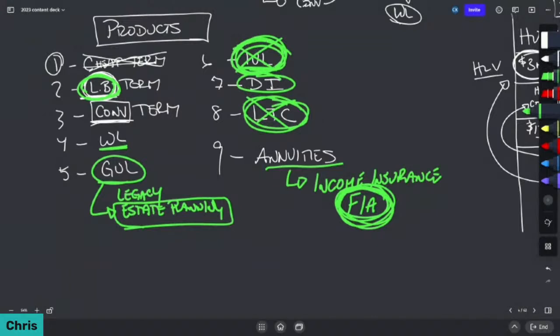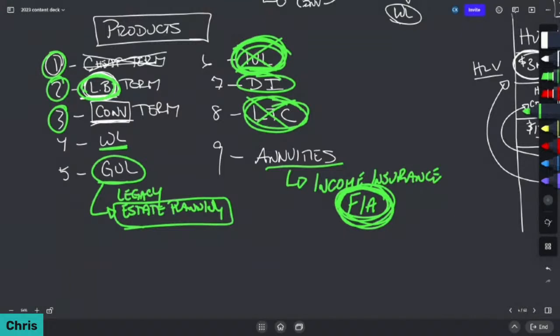And so as we look through this, we think about, all right, as life insurance agents, what is our job? Our job is to help solve problems for the people that we're trying to serve. Okay, so what do we need to do? We need to focus on human life value. And then we have to figure out, all right, how do we maximize human life value? Well, we got to focus on 1, 2, or 3. We got to maximize that with convertible term, because most people, unfortunately, are not going to be able to maximize their human life value all through a whole life insurance policy. They're just not going to have the cash flow in America.